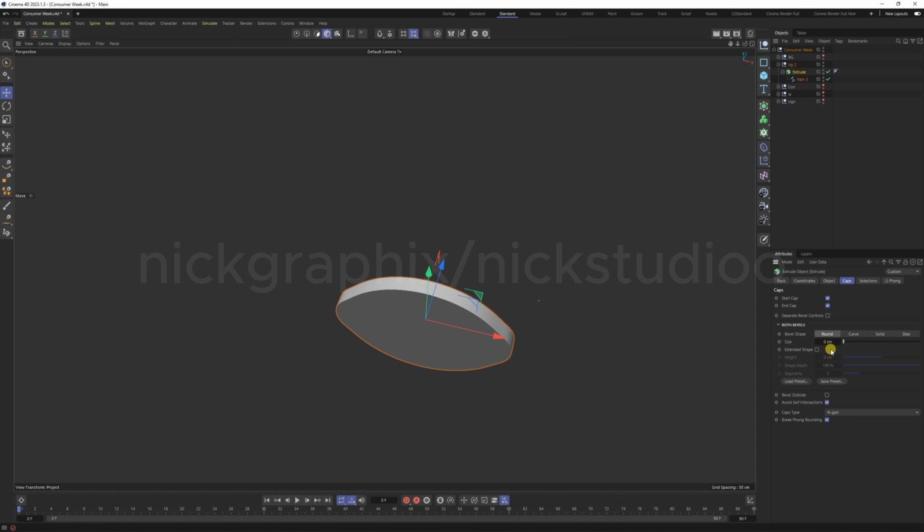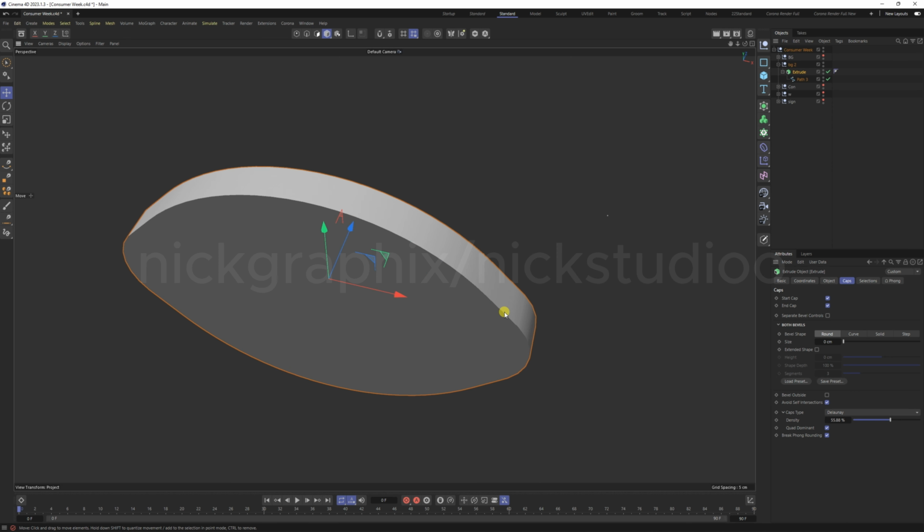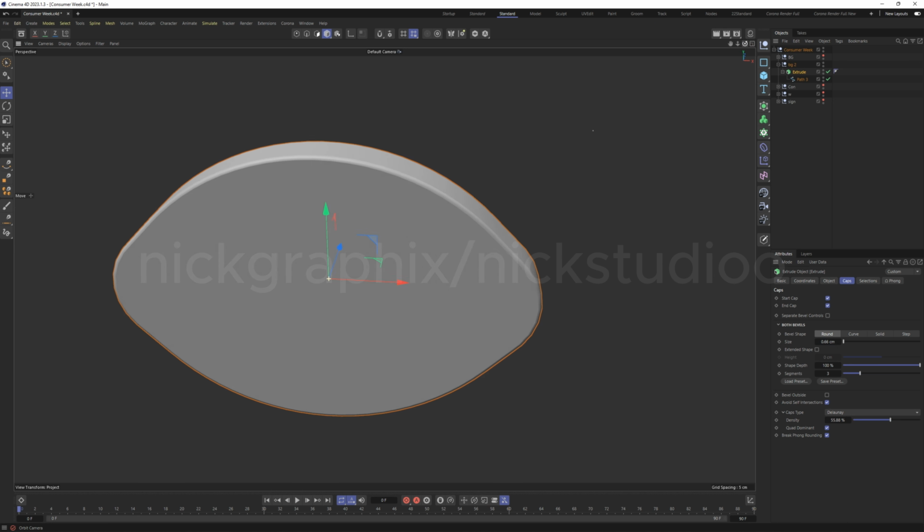All right, and here let's change this cap type to this one, and then check this one, increase this one a little bit like this. You can follow the settings. That's the bevel size, that's here. Let us increase it like this. Yeah, like 0.7. Okay, so after we are done with that one, select the extrude, and then let us add this subdivision surface,